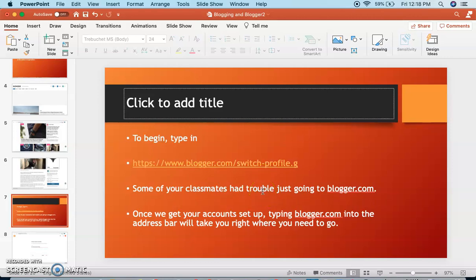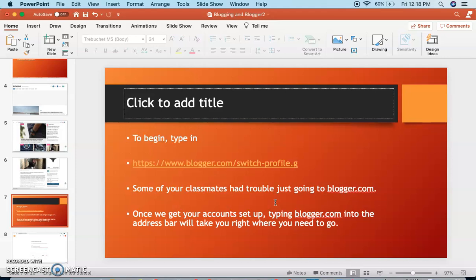That's just one little dash. Make sure that you have the entire website spelled correctly. Once you have it typed in, you can press enter.